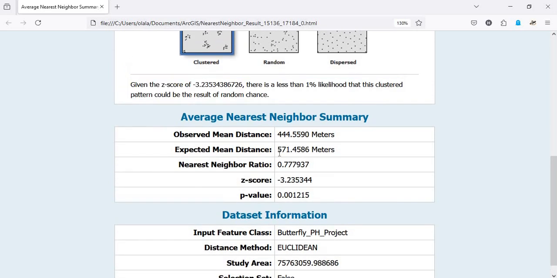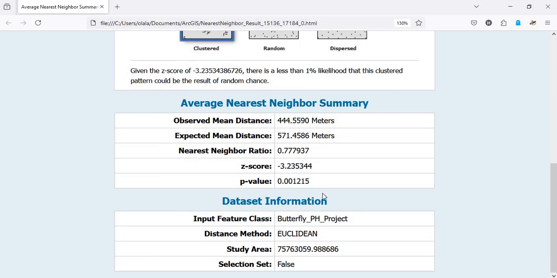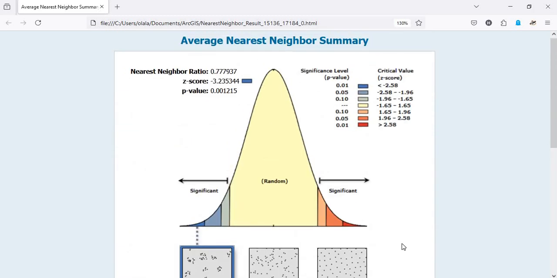This is the expected distance if the event were random, and this is the observed mean distance from our dataset. The expected is higher than the observed. Therefore, our pattern is clustered, because the distance between the events or occurrences is shorter than expected. So this is the result. This is how to